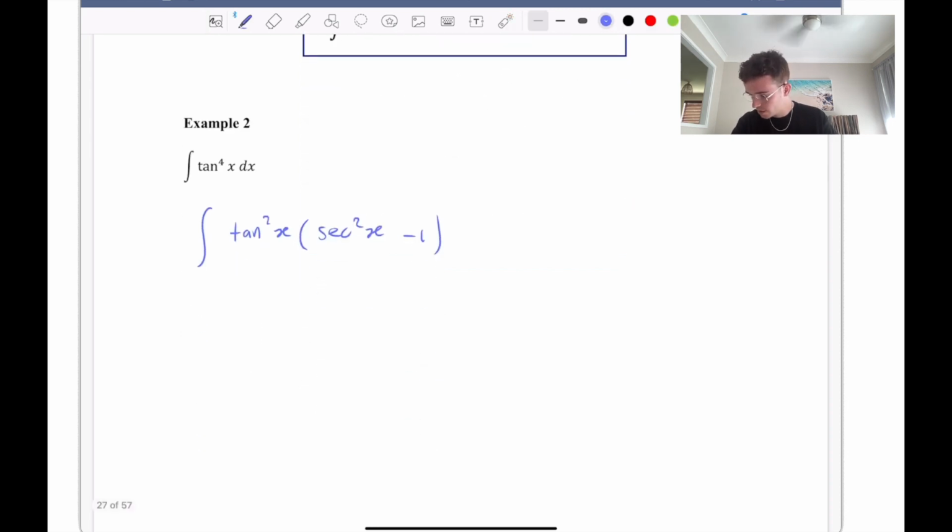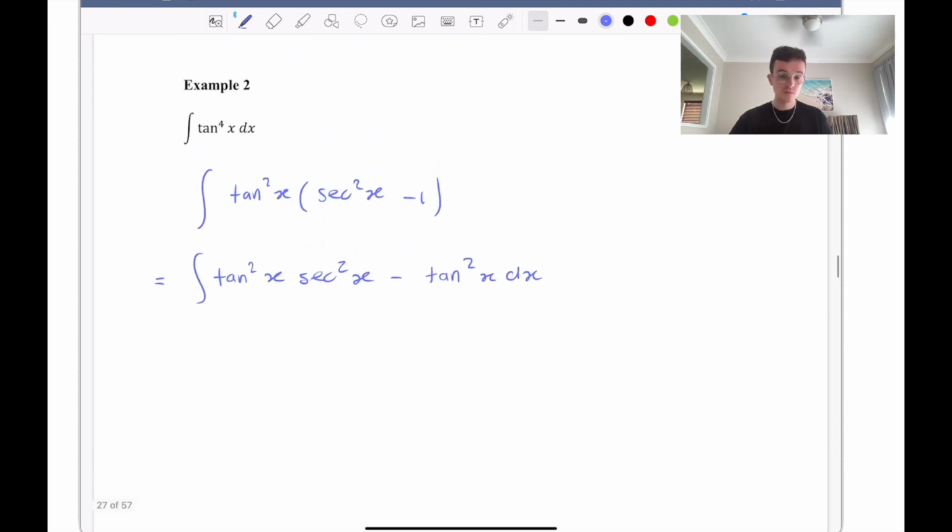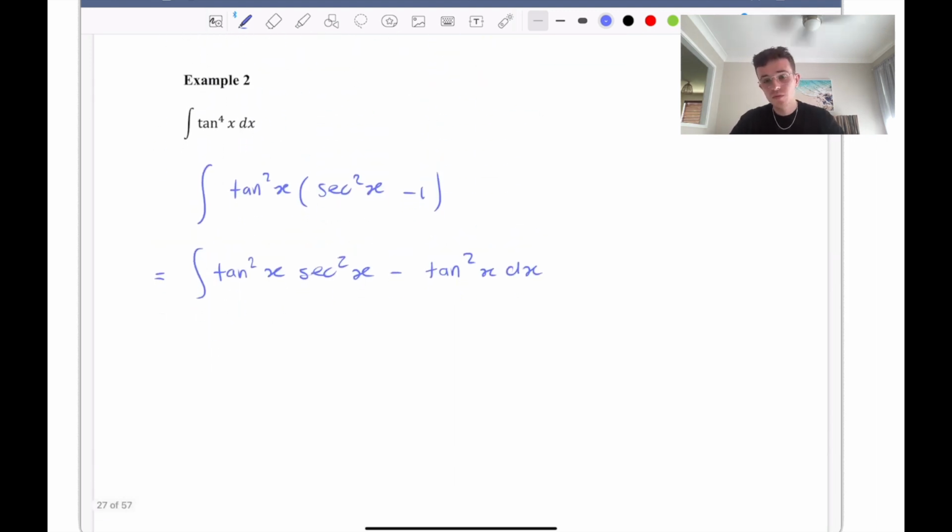Okay. So we're going to expand that now. So this is tan squared of x times sec squared of x minus tan squared of x dx, and of course we're still integrating. Now, we don't know how to integrate tan squared of x, but I can again integrate sec squared of x, and tan squared of x sec squared of x looks quite scary to integrate, but if we